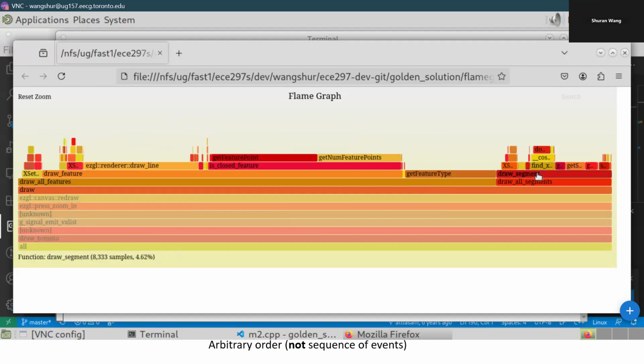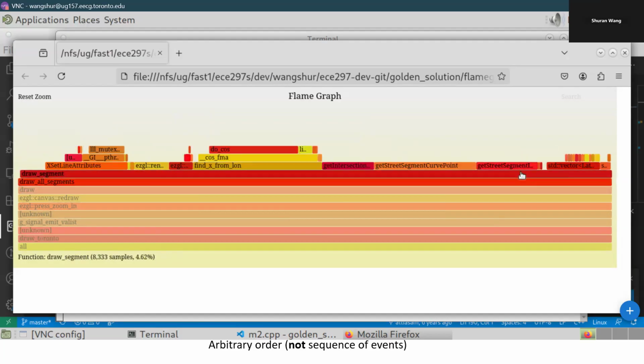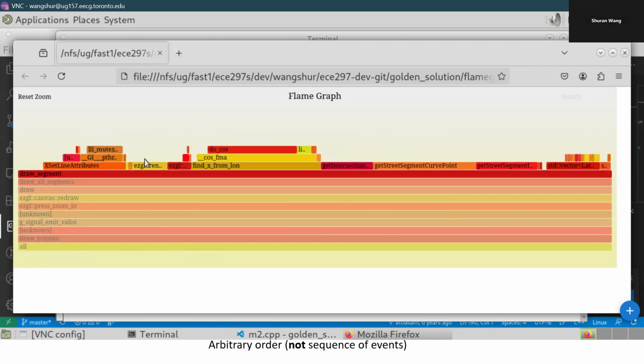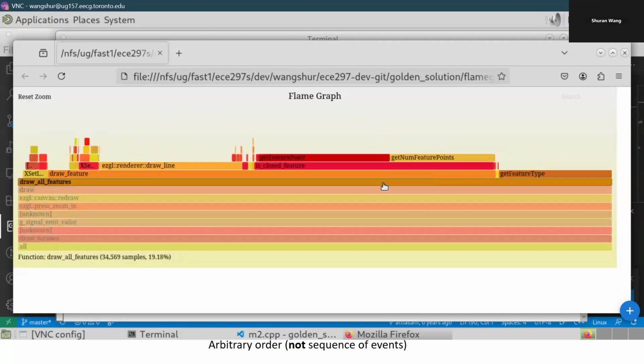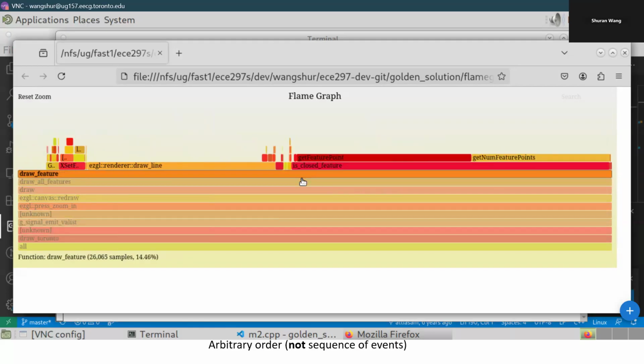Inside draw segment, if we zoom in on draw segment, there's the get x from long, there's the get street segment curve points, and there's a lot. So something like this could be optimized by computing the x from long beforehand. So pre-computing. And if we reset zoom, and if I go to draw all features, we can see there's